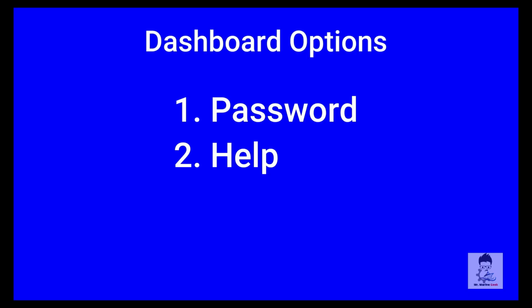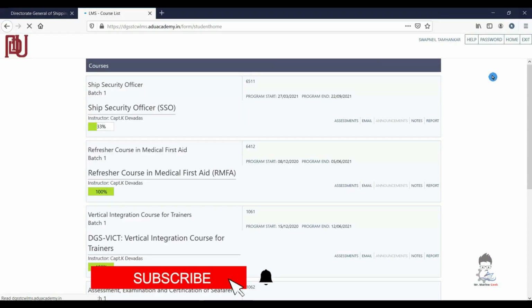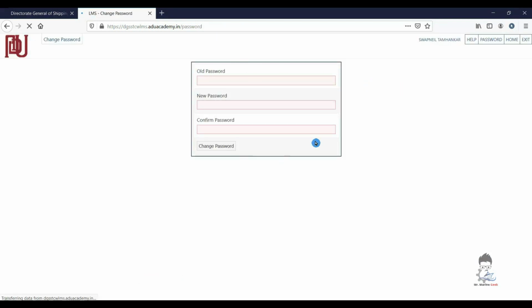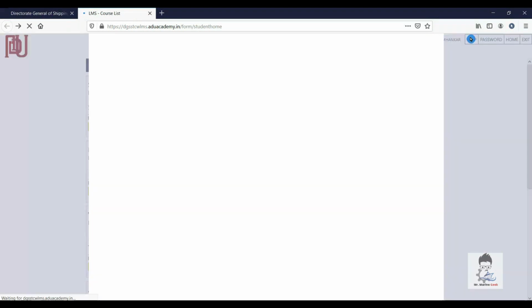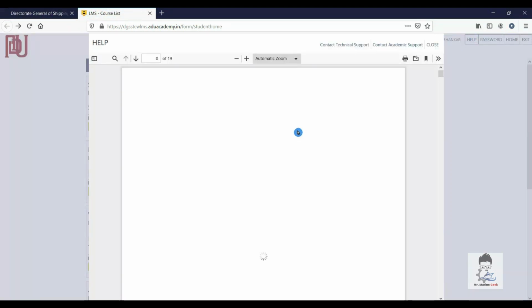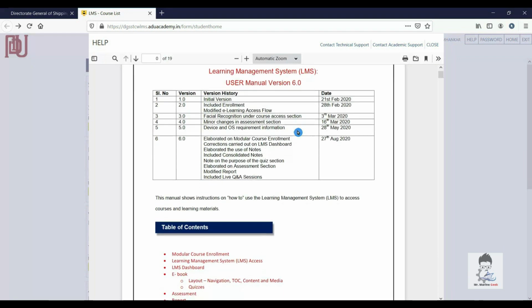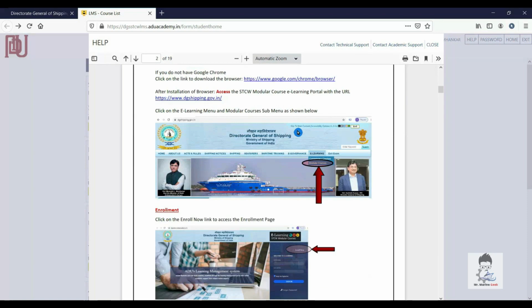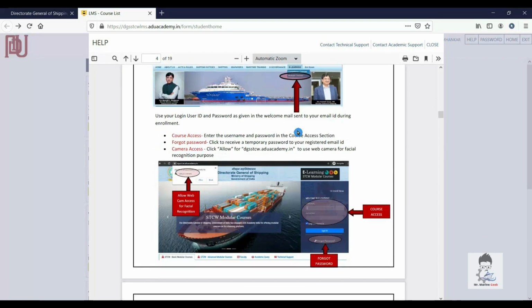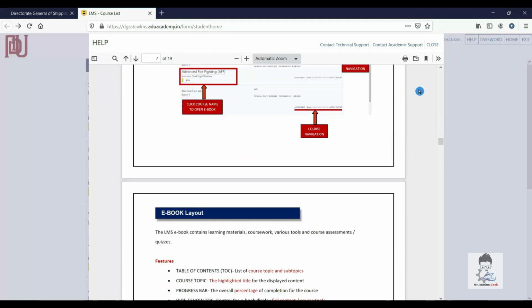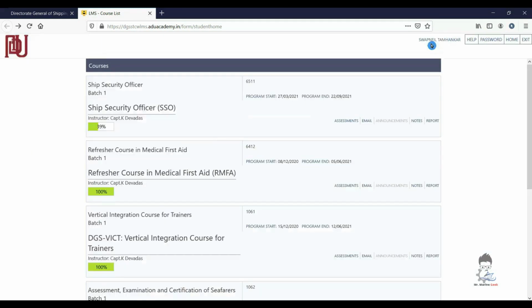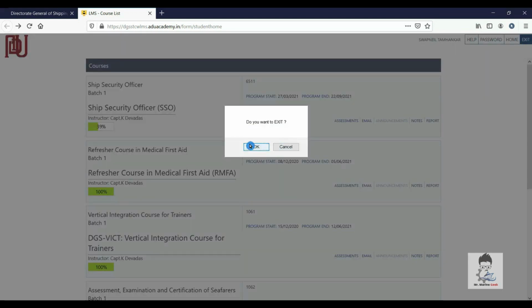So you have two more dashboard option links. One is the password and the other one is the help option. The password option is to change the password. From the default password given by the system, you can change it to whatever you want, whether you want to do that or not. And the help function actually opens the same PDF file, which is the same link given in your email as the last point. The same PDF file with screenshots and so on can be downloaded from here as well, from the help link.